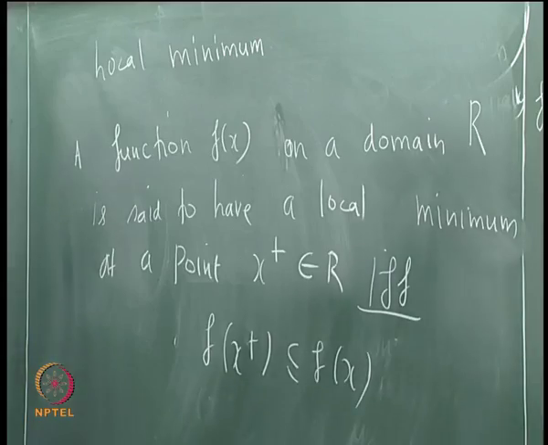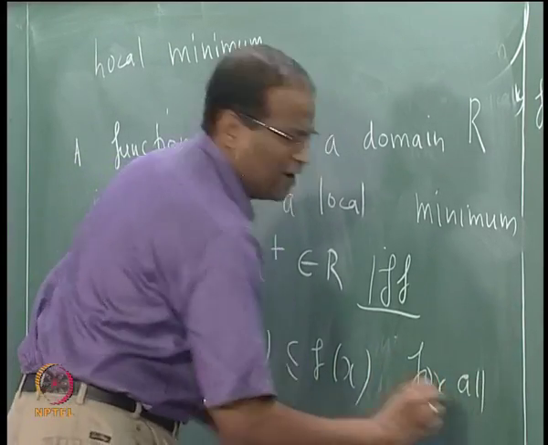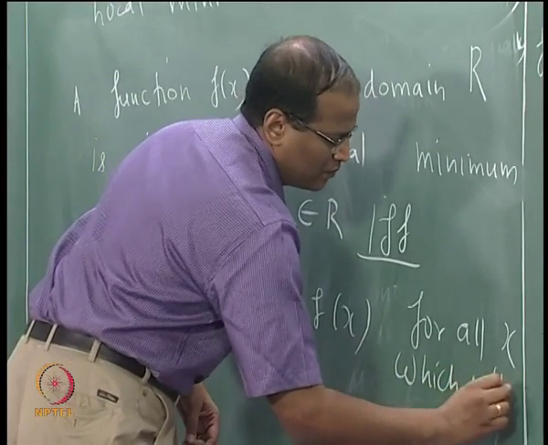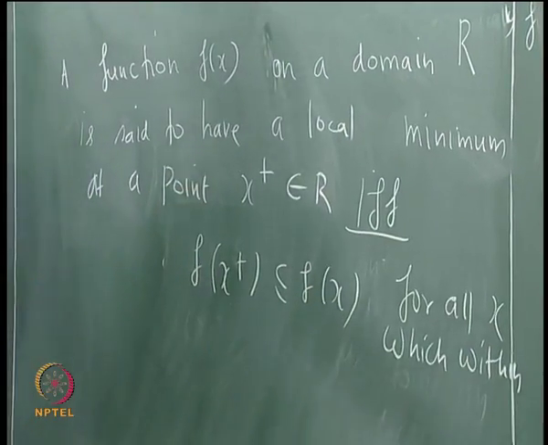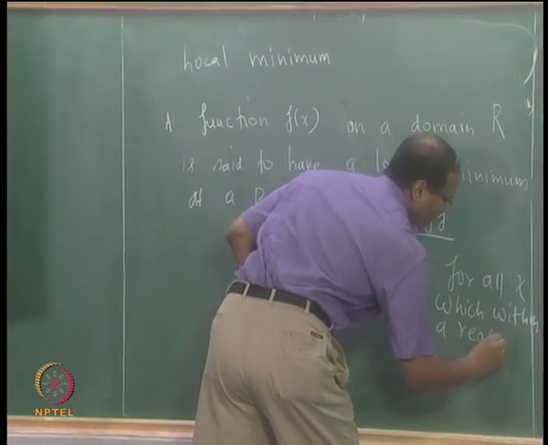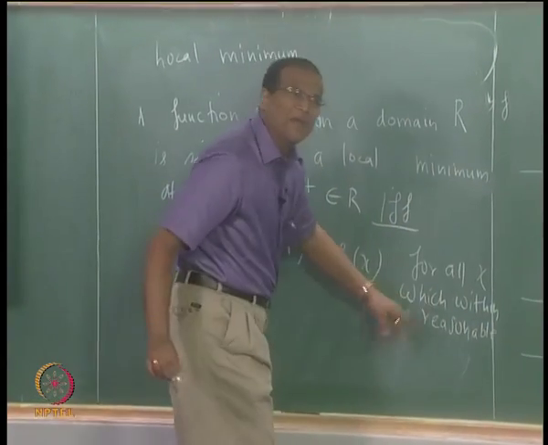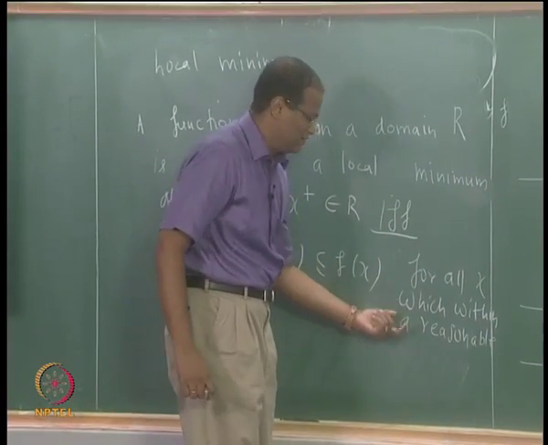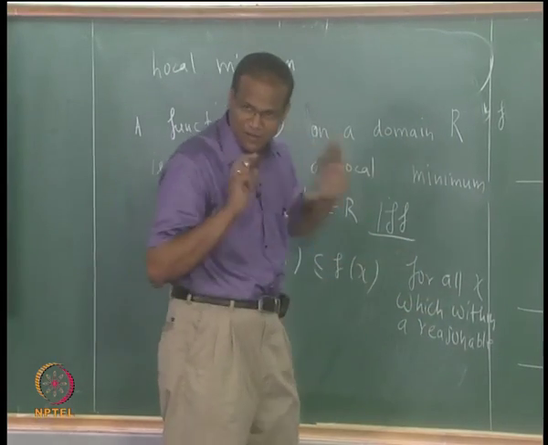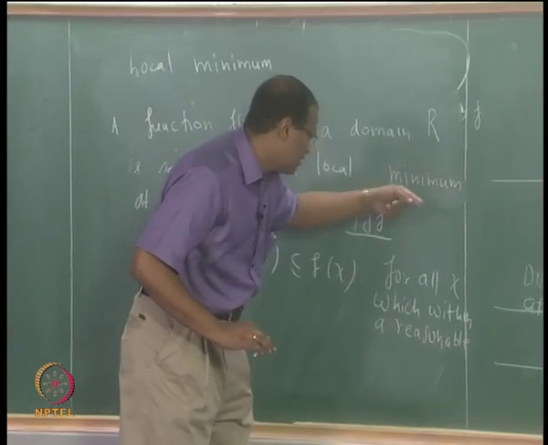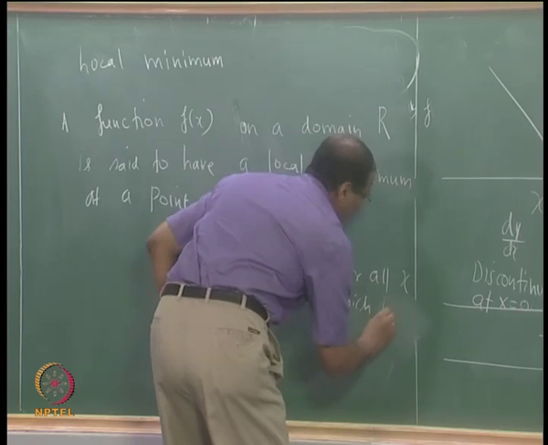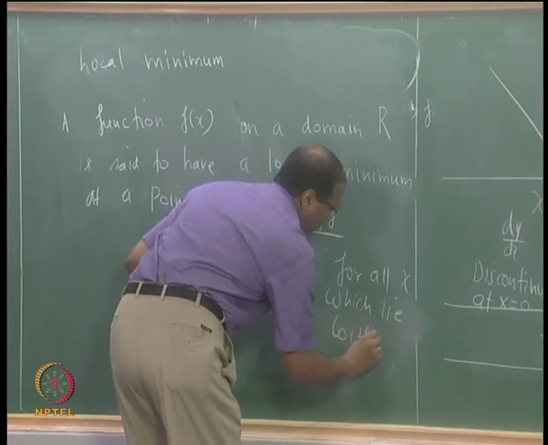for all x, I will make it non mathematical here, for all x which lie within a reasonable distance from x plus. What is that reasonable, we will decide. I can make it threateningly formal by calling that reasonable distance epsilon, or gamma, whatever. It is not central to this, but conceptually you would understand. So, for all x which lie within